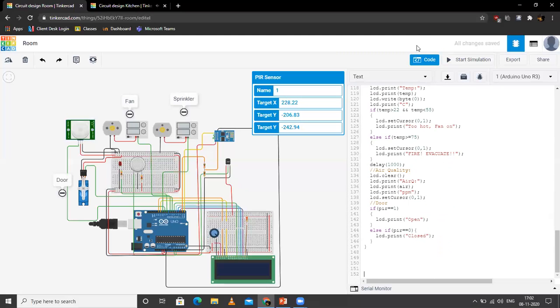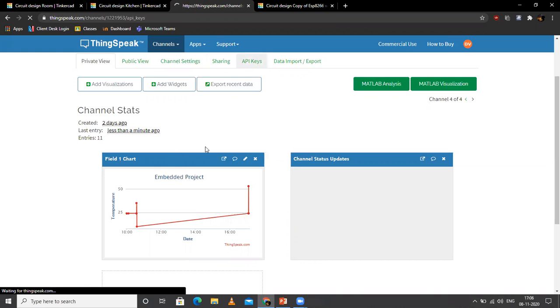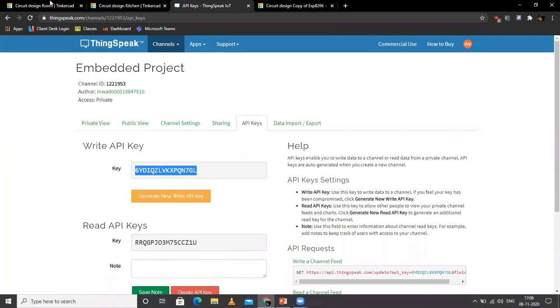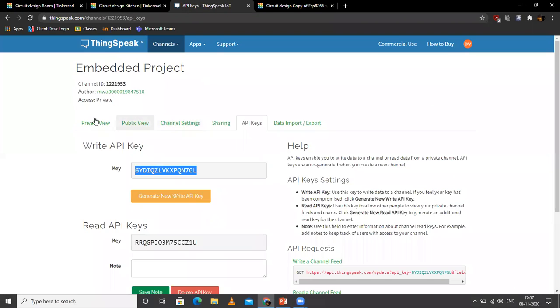And now we'll be moving on to the ThingSpeak server. As we can see, the data transmitted from the room is in the ThingSpeak server, and here is the API key of the server, which is the same thing that we've used here and here. And coming back to the public view,